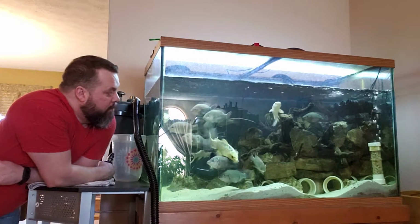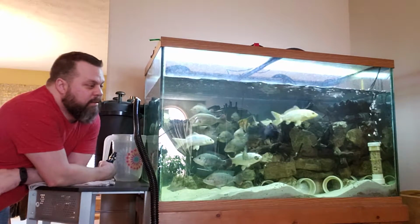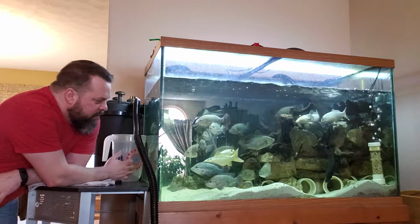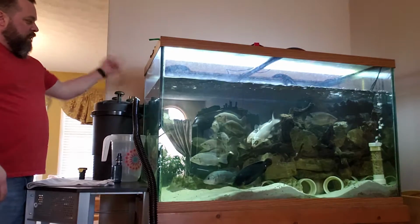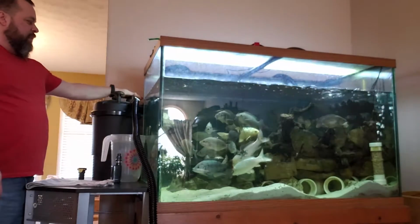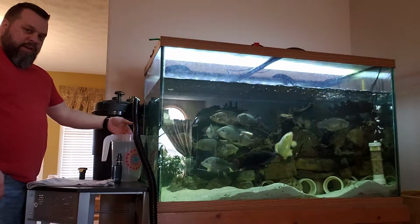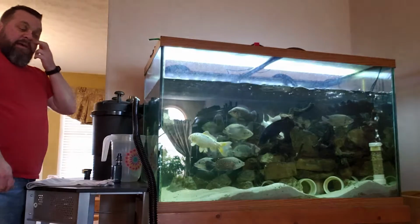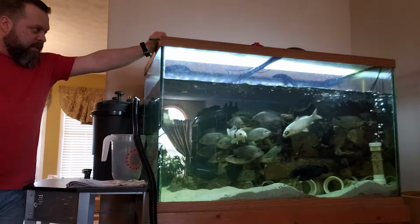So yeah, you can see how quick this is dropping the water level. This is quite quick actually, considering what I was doing. There's not a whole lot left of this really. All you do when you're done with this part is you flip the dial back, so now it's going in and out of the tank with just the inlet and outlet, and then we'll pop this off, and again you're going to get some water drainage into here. That's it. You put the cap back on, done. Then I'll grab my hose and start pulling it from the bucket, and yeah, we'll fill it back up. These guys will be all happy again, and